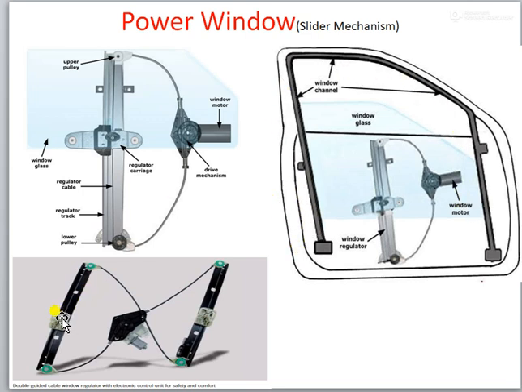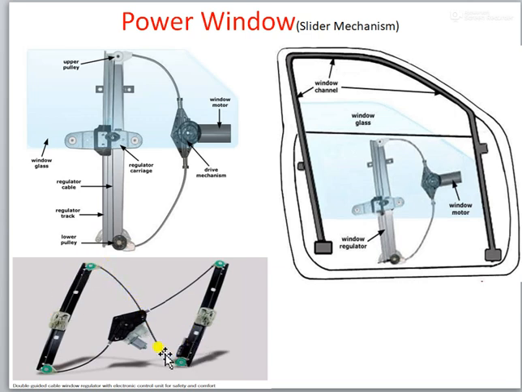Okay, because on the two tracks, an independent regulator carriage is present. So here and here, the window glass is supported by the regulator carriage. In this type of design, the two-track design, we have two ropes. One rope is from here to here, and the second rope is here to